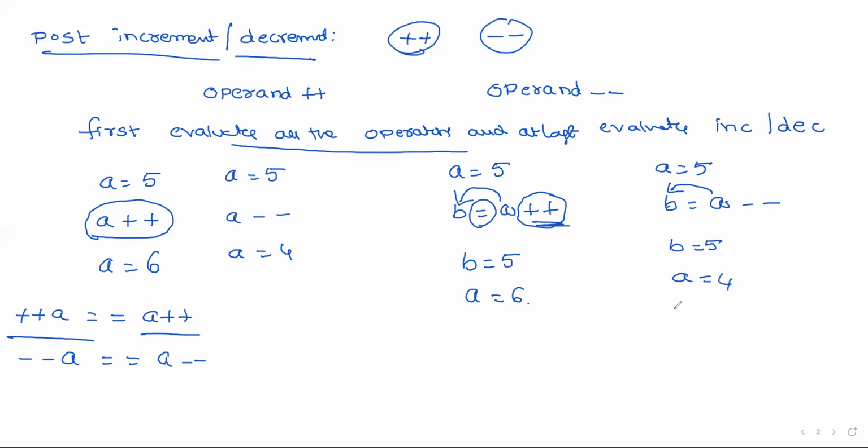So, these are the increment and decrement operators. Observe the difference between pre and post. If you observe the difference, then it is very easy. If you have only a single operator, you can write anything, that is completely your wish. You can write either post or pre, both produce the same result. If it contains more than one operator, the difference occurs.